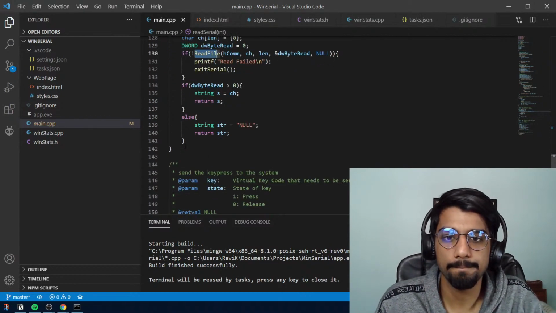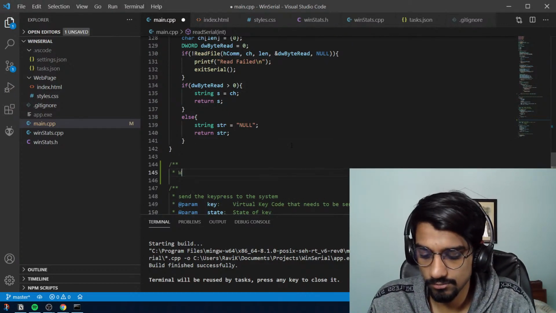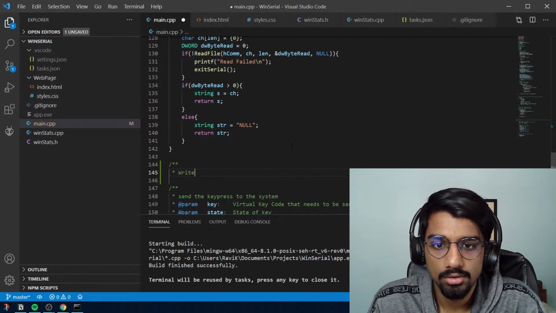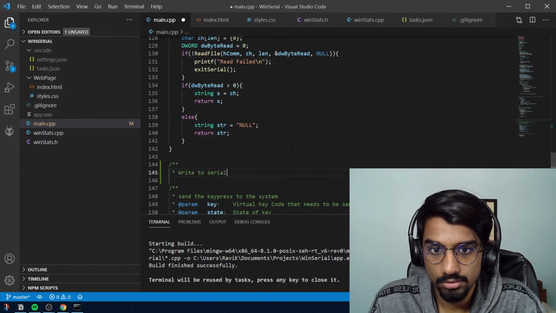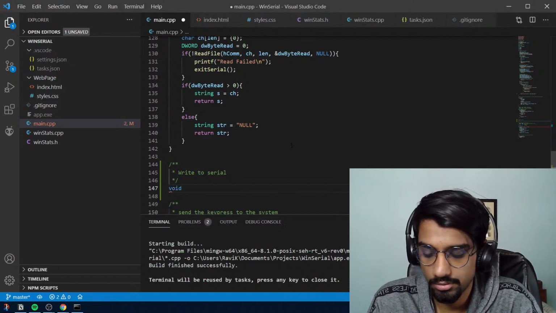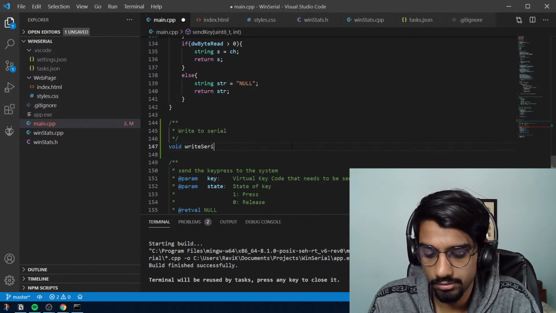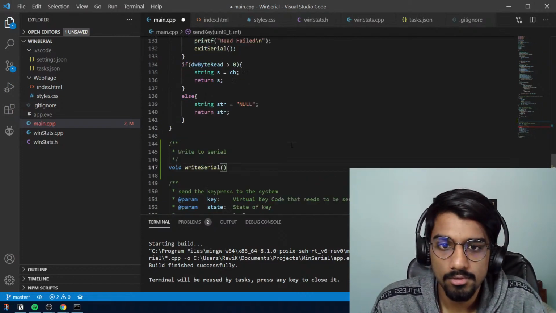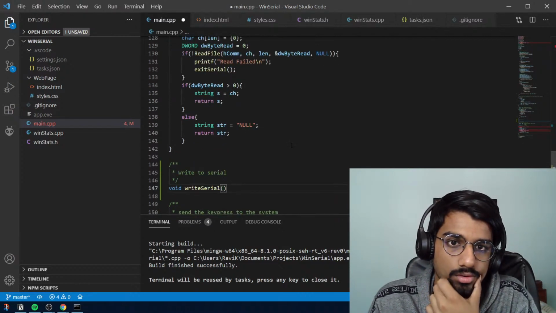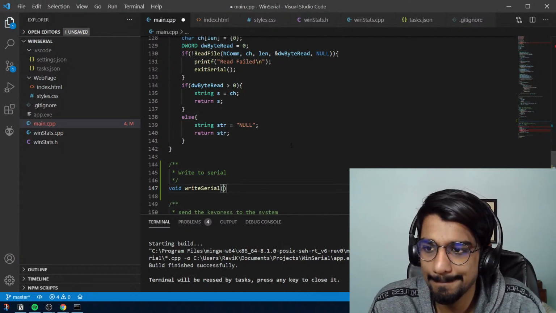Okay, so create a new function to write to serial. Void write serial. What we need to receive is the buffer,